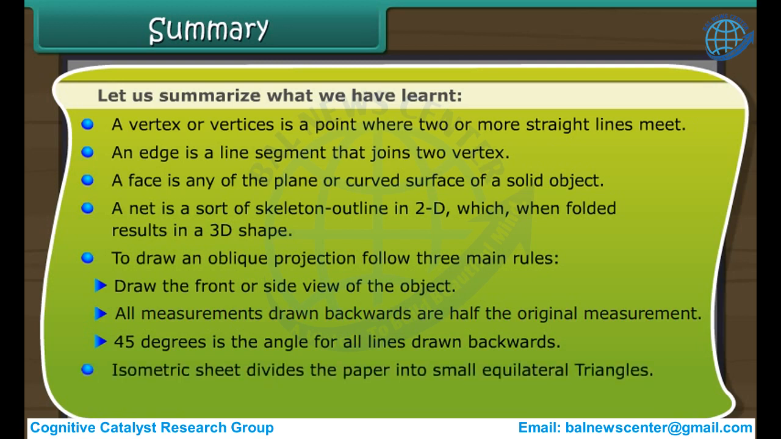Isometric sheet divides the paper into small equilateral triangles. Shadow plays a